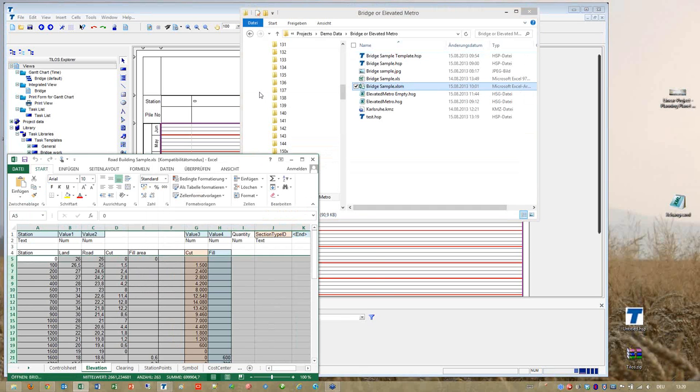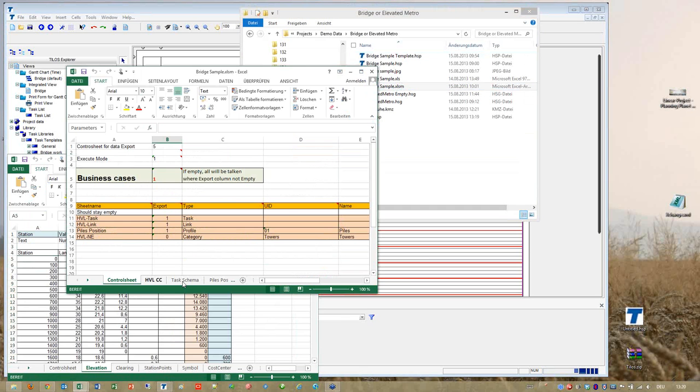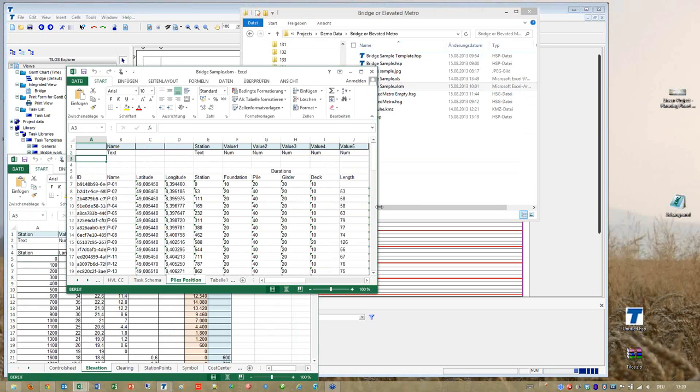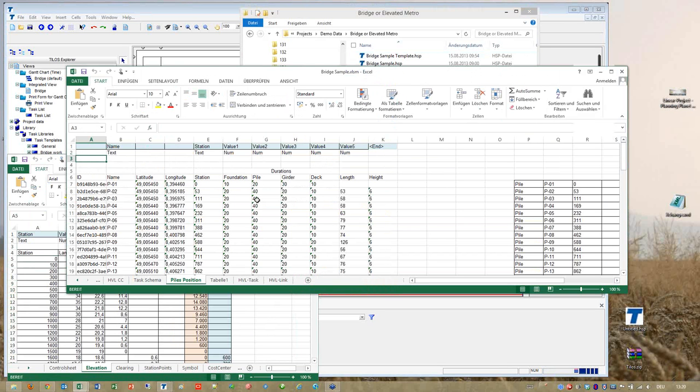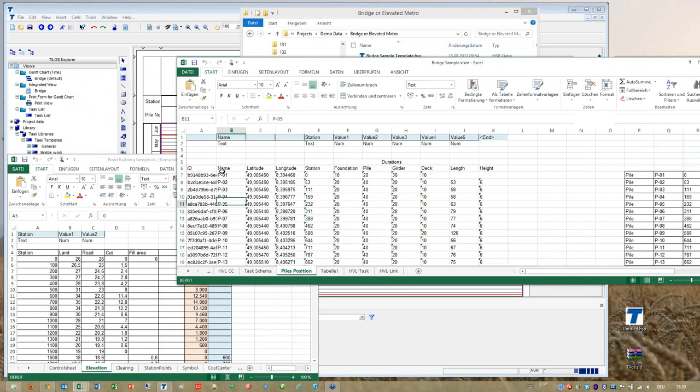For this we got again an Excel table that contains a list of each pile that has to be built. It has an ID, a long hexadecimal one, which is unique in the world. And then here we got the name of each pile. We got the station values of each pile. And as I have been taking this from Google, we got also the longitude and the latitude coordinates